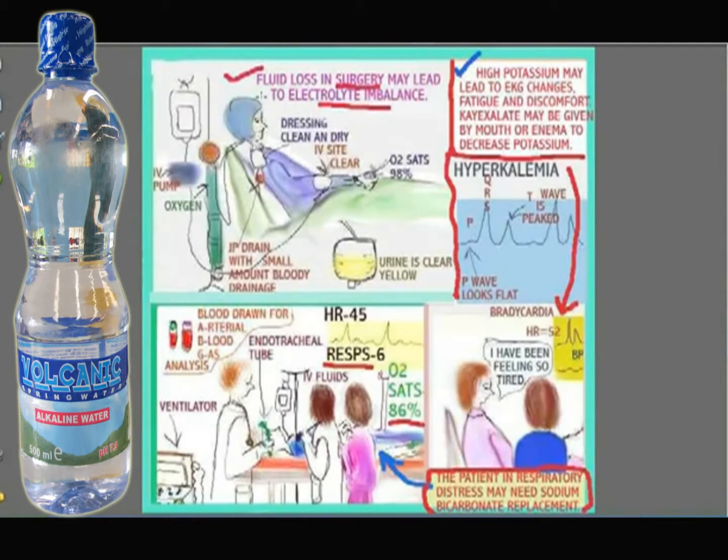Then we have the patient who has been to surgery. Just take a look. She's lost a lot of fluids. She can very readily have problems with electrolytes. Let's take the case of this patient here in the ER on the left at the bottom. Look at the oxygen saturation. It's only 86. Respirations are very shallow. Something is obviously wrong. What could possibly have happened? Sometimes